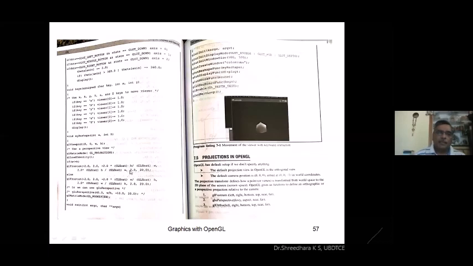By changing these values, you can observe the volume differently. When w is greater than h, in the frustum, w by h is multiplied by the last two parameters. We can also replace these two functions with gluPerspective, and the same effect can be observed, which I will show in the next slide. This is not required for this program. You can just use frustum or perspective in your reshape function to give the effect.